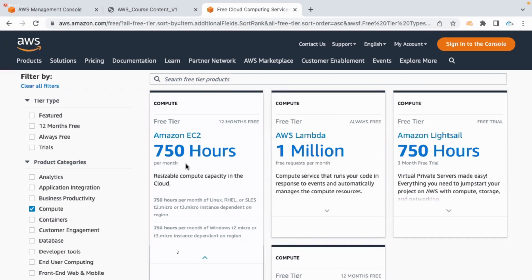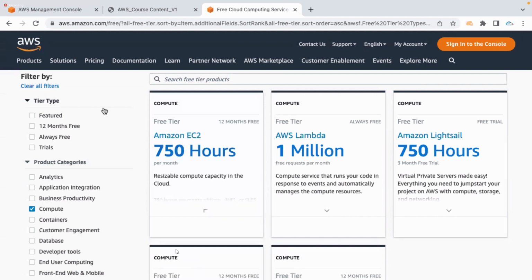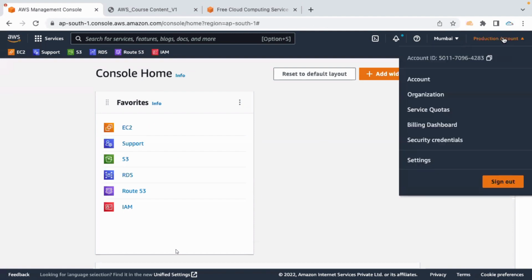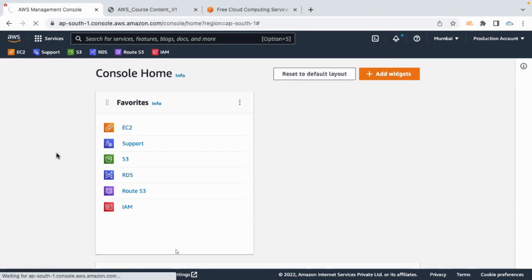But if you are practicing with two servers, and on day 1 itself you have launched two servers, then within 16 days you are going to consume 750 hours. For the remaining 14 or 15 days, you need to pay. So to not get into such issues, AWS is giving an option to set up